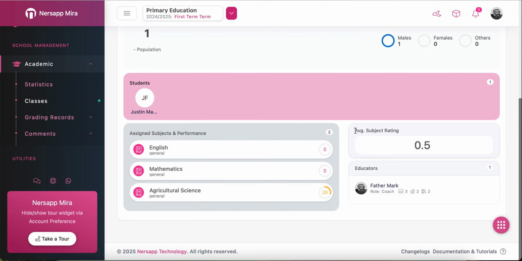Now the average subject rating on the right here is the average subject rating for all the subjects in that class. As you can see, this is 0.5, which is poor. Now, educators: you are the educator for this class, so you can see yourself here. If we have more educators attached to this class, you will see them in a list here and the roles they play, the classes that are being managed,